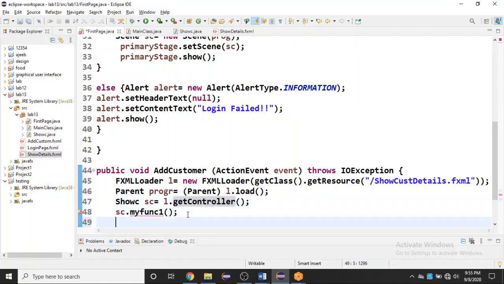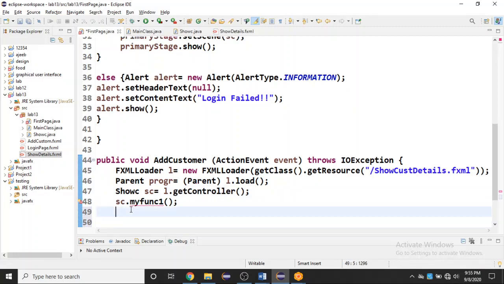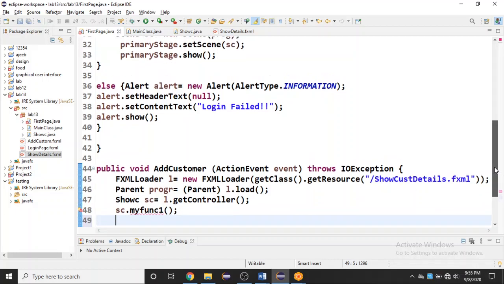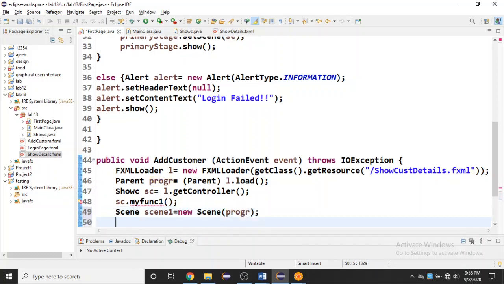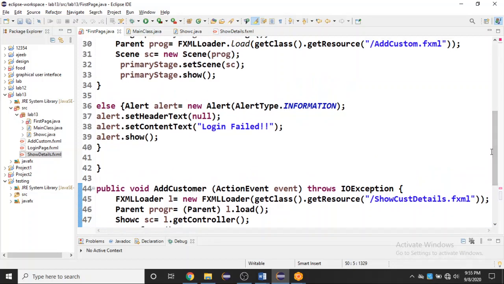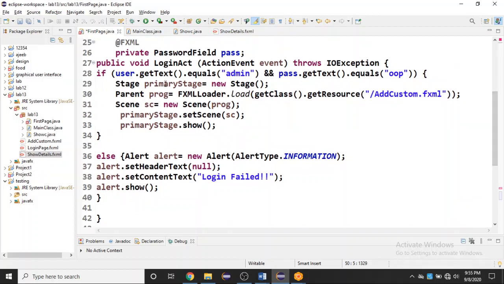Now I am creating scene and I am linking our scene to stage, that is, we have created our stage here as primaryStage.